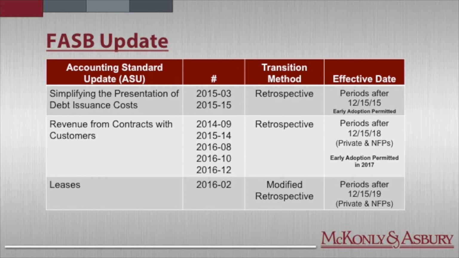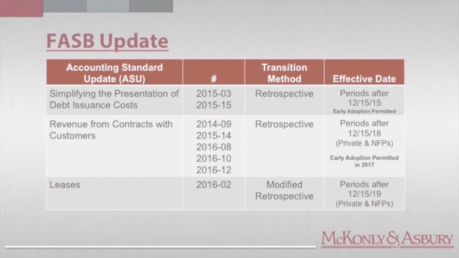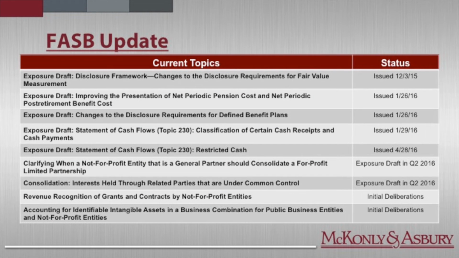Maybe you want to take on all three in the same year. Maybe you want to phase them out because that will be easier for your organization. But certainly something you should be considering over the next 12 months. So they are very high level, just three of the standards that I know affect everyone on this call, on this webinar. And on the next page, I just wanted to show you a few of the exposure drafts and projects that the FASB is working on that could affect you.